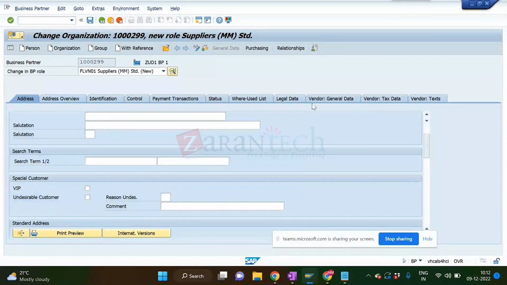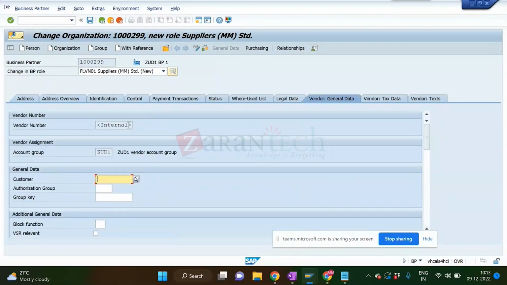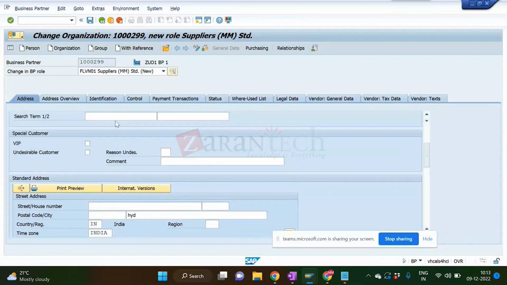Okay. Now you go to the vendor general data. You see ZUD1 account group is coming because the ZUD1 BP group is maintained to the ZUD1 vendor account group. Let me maintain the system also here. And if I save,